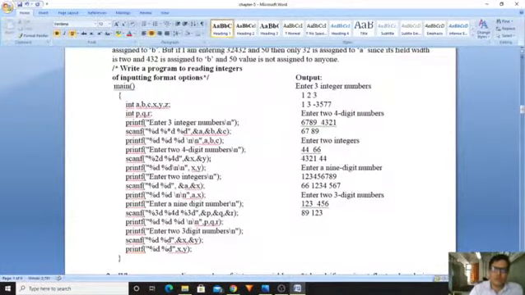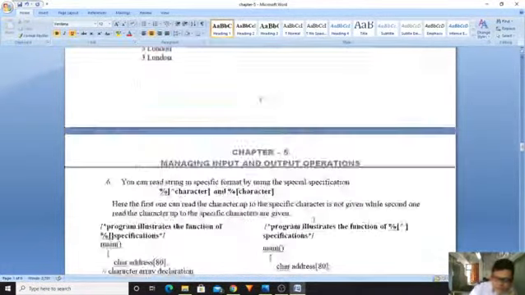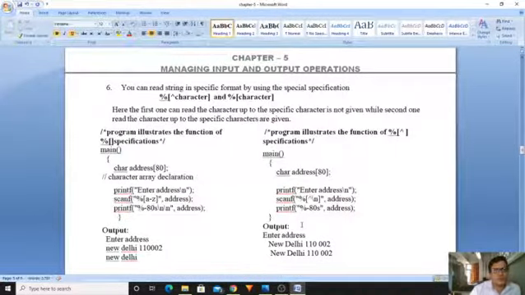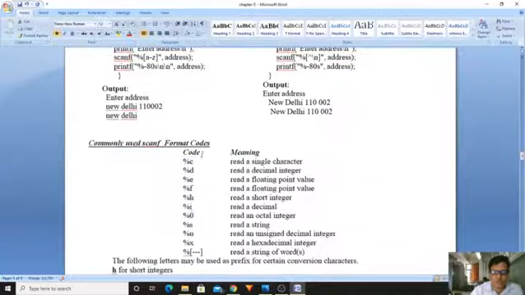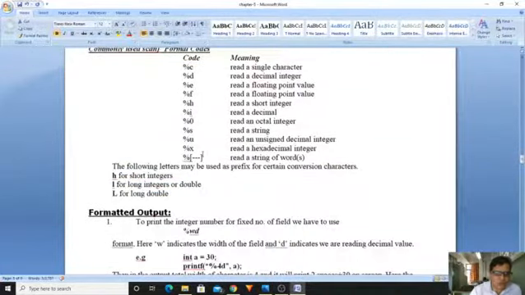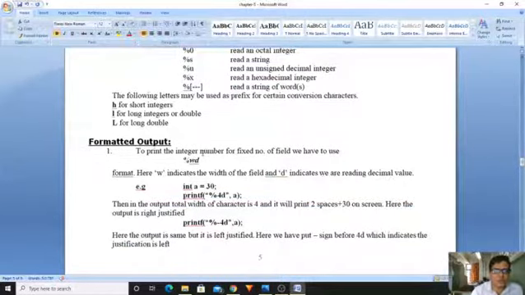Yes, in the last class we have learned this special format related to the input functions. So these are very important for 2 marks as well as 6 marks questions. In the previous question papers it has been asked, so just go through this. Now we will see formatted output functions. We have seen formatted input functions. Now we are moving to formatted output functions. So while reading you are formatting your input, while displaying also you have to format the output.